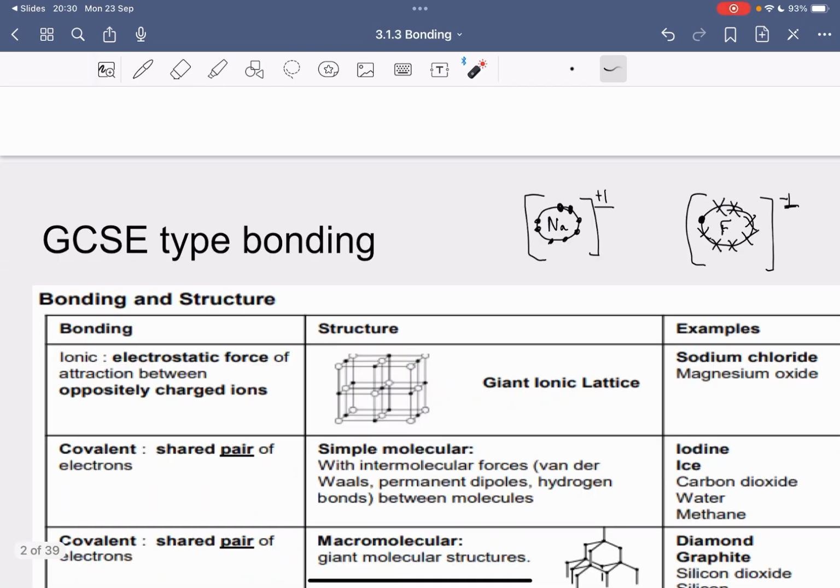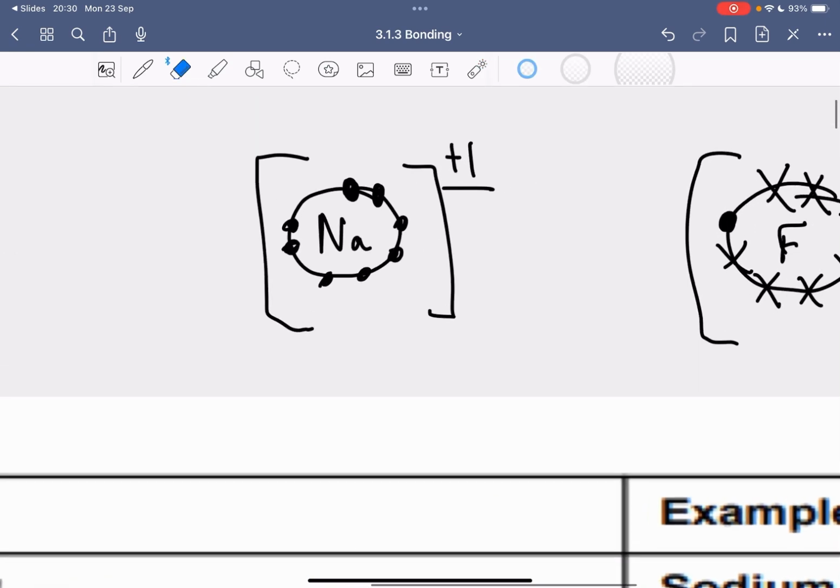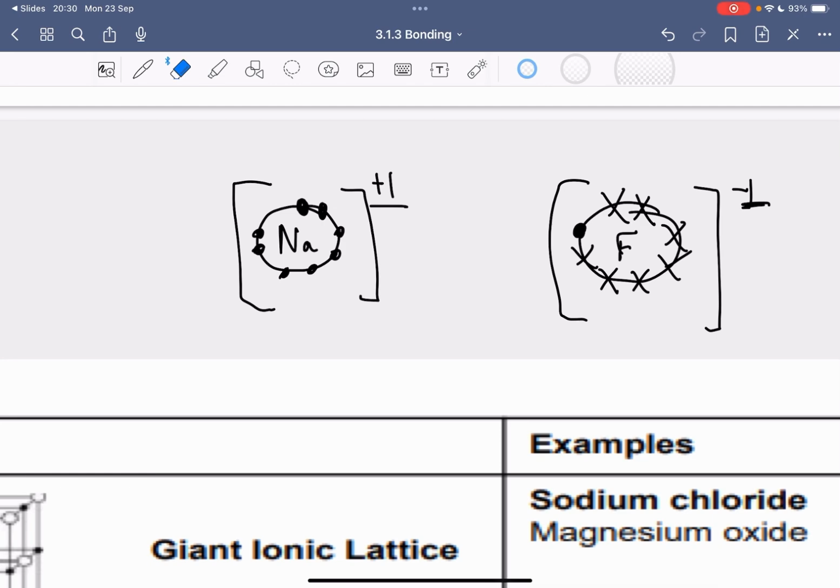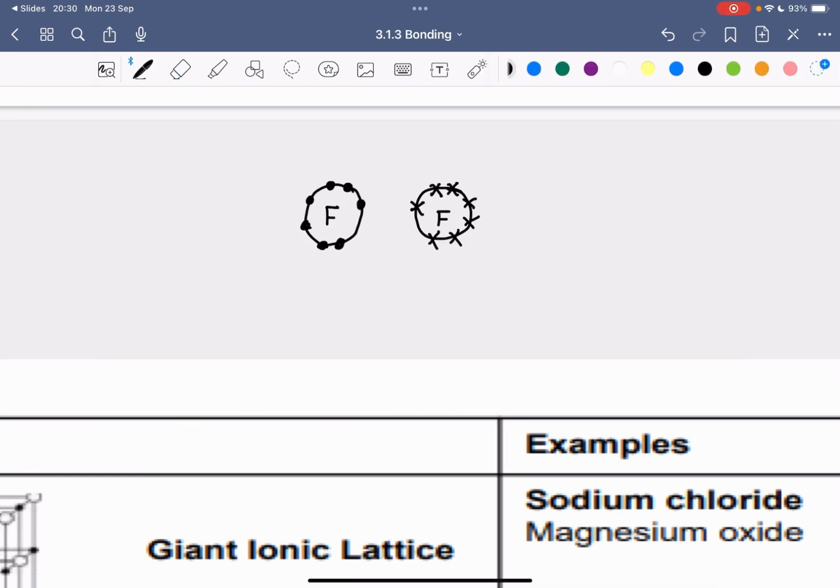Okay, a covalent bond is a shared pair of electrons. So if I have 2 non-metal atoms like fluorine, these look like this. Okay, and both of these have 7 electrons in the outer shell. Now, like we said before, atoms want to gain a full outer shell, right? So the easiest way for these to gain a full outer shell is for each of them to gain an